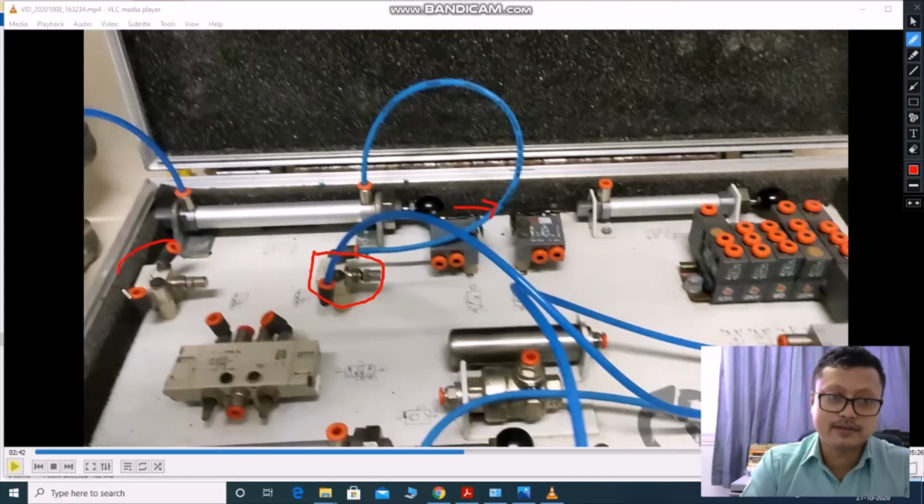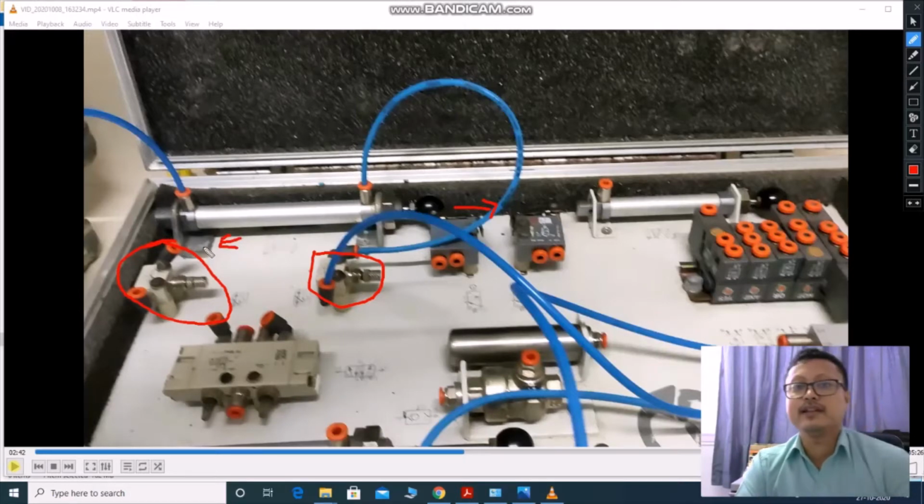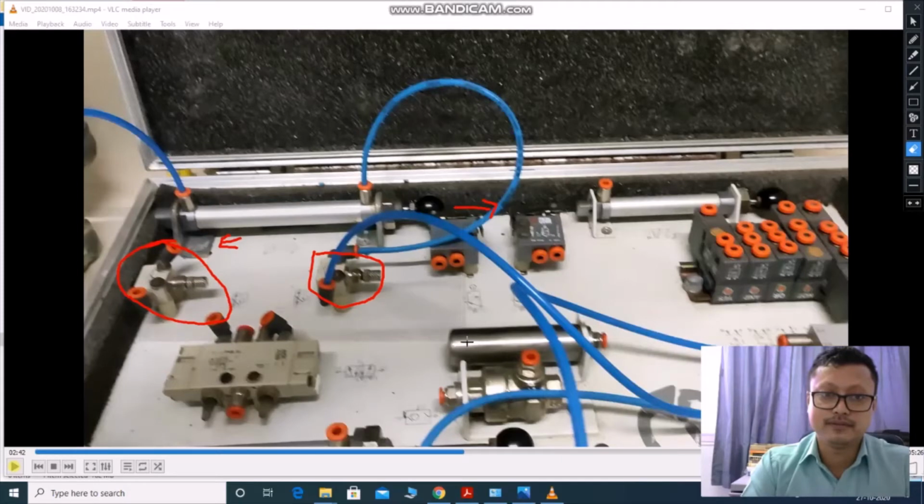If you decrease the flow control valve on the other side, then the returning stroke you can make slower. Accordingly, you can apply this in your industrial application, whether a slower outgoing stroke or a slower returning stroke is required. So this is the use of the flow control valve in experiment number 1.